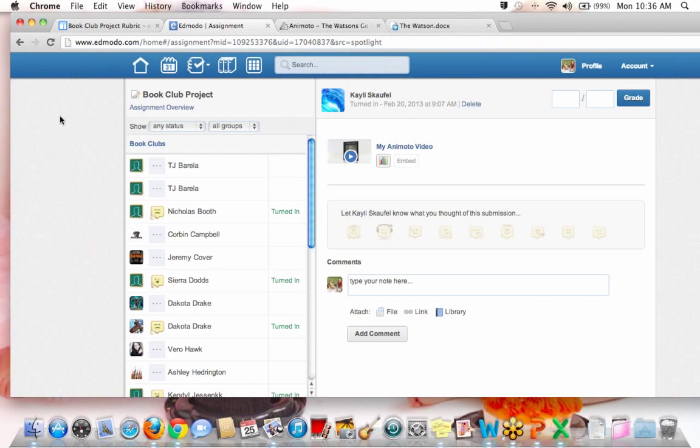And okay, Ashley just put into the chat. She liked that she showed all of the characters, and she also liked the soundtrack. I also enjoyed that she put a picture of the author on there. That's something that a lot of students didn't think about. But just going back to that theme that we've discussed about the Watsons go to Birmingham,